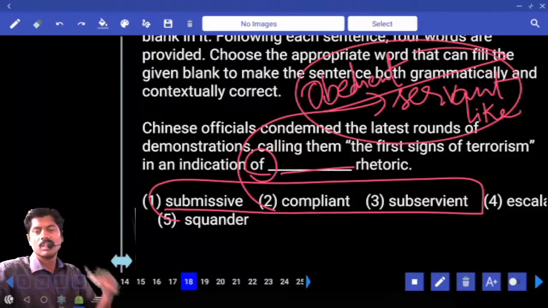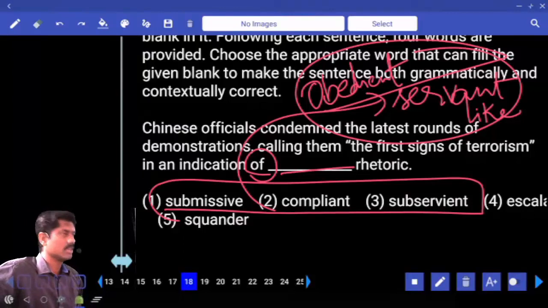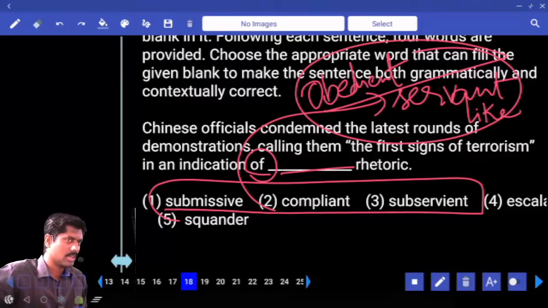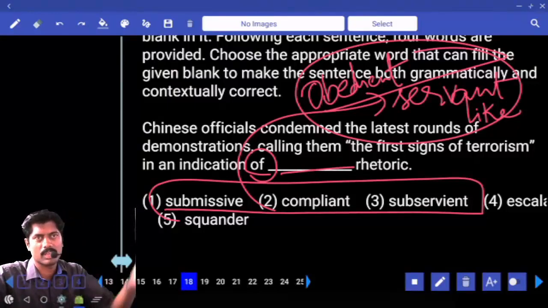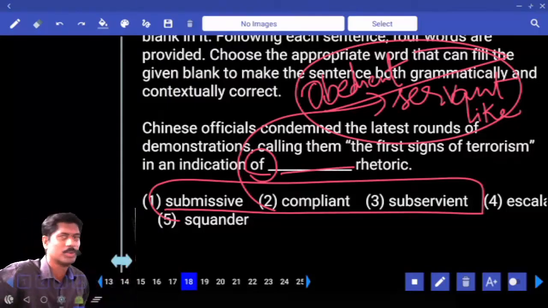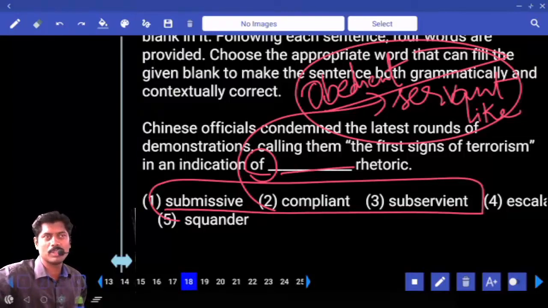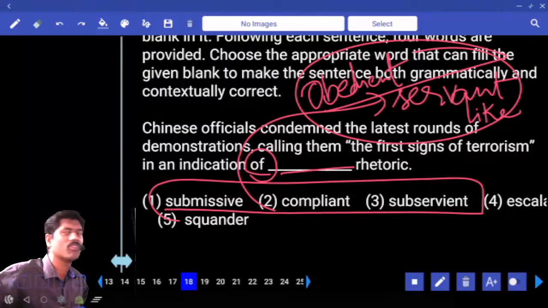Indians were subservient only. That's why many countries' people came and ruled Indians. And every Indian felt only like this. Our karma is like this. That's why other foreigners came and ruled. Majority of the Indians thought like that only, right before the freedom. How come foreigners came and ruled? When they came and ruled, majority of us did not rebel. We did not revolt.